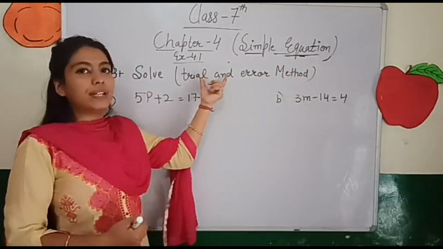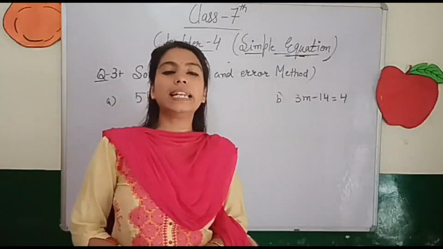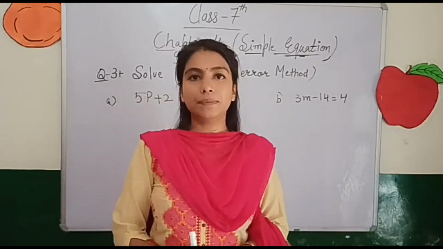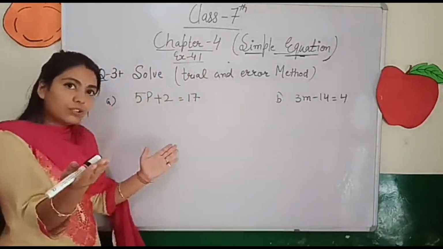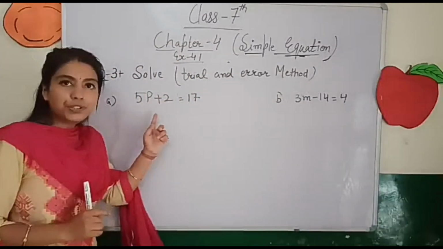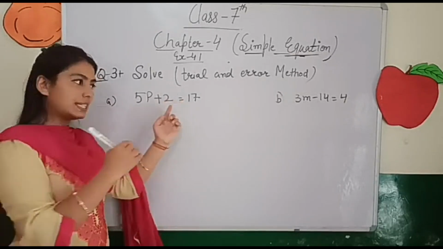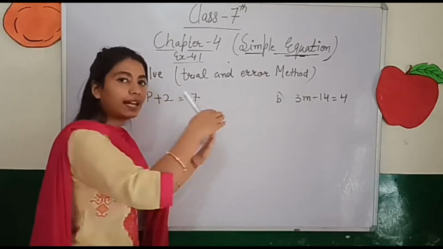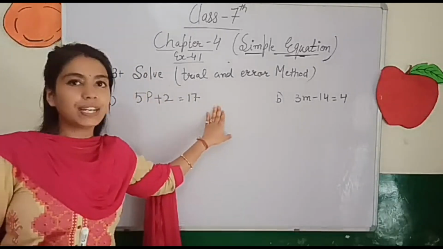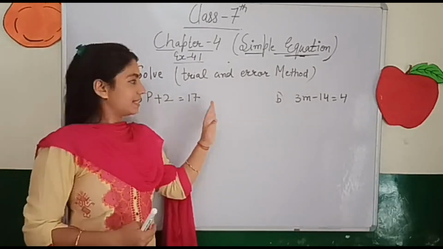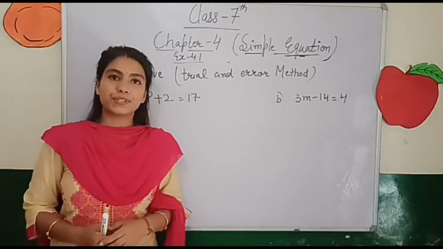Students, this method you can also call the hit and trial method, and this is called trial and error. What is this trial and error method? Trial and error method means, see, this is an equation. You have to solve it. Then only can you solve it if the variable term is given to you. I told you, whenever there is an equal to sign, the left hand side should be equal to the right hand side. But in this question, no variable value is given to you. Means the n value, p value is not mentioned over here. So how will you do it?